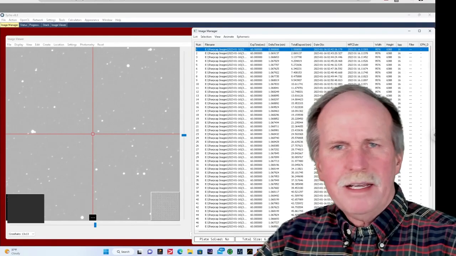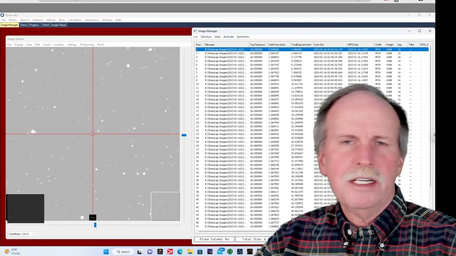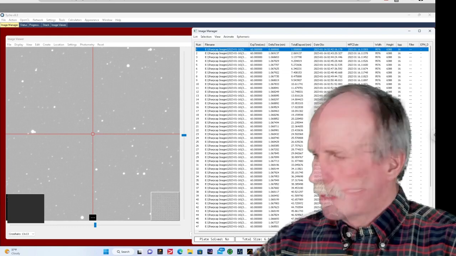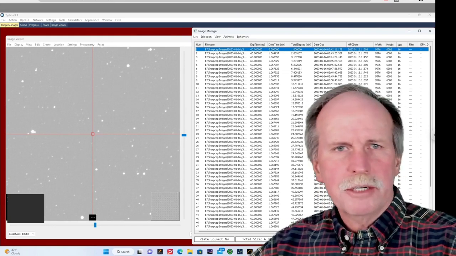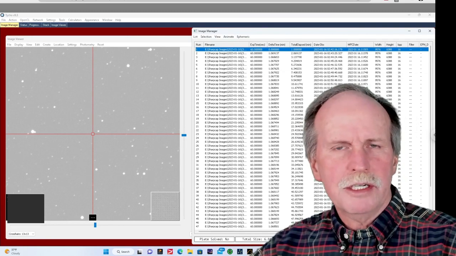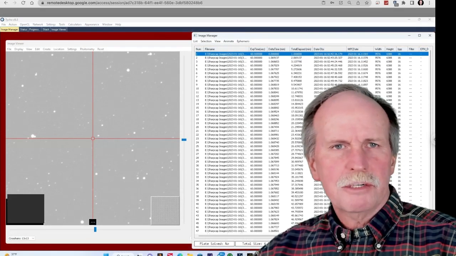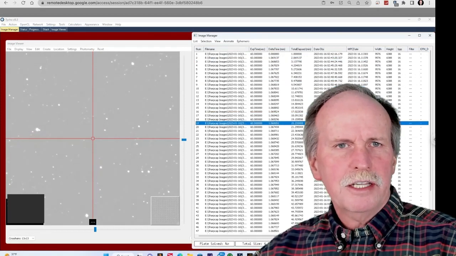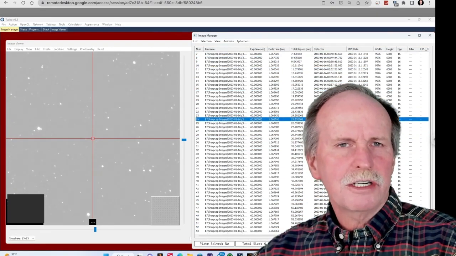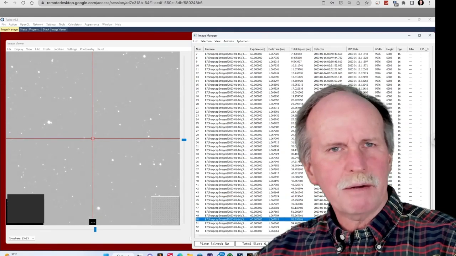Now behind my head, you see the files for the 60 images that I took. And again, these were 60-second exposures. My apologies that the cursor's not showing up, but if you look at the frame on the left side of the screen, you can see the raw images. Now as I scroll through them, you'll see that the camera and the telescope move a little bit. The other thing is you see the stars seem to drift a little bit, but the background is kind of